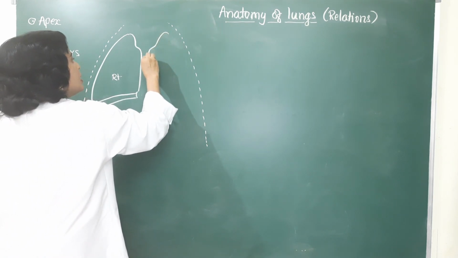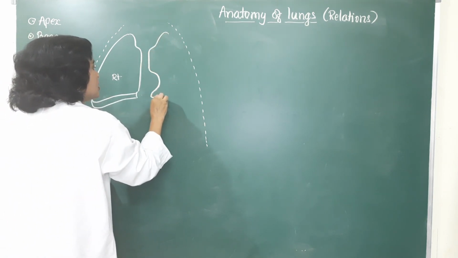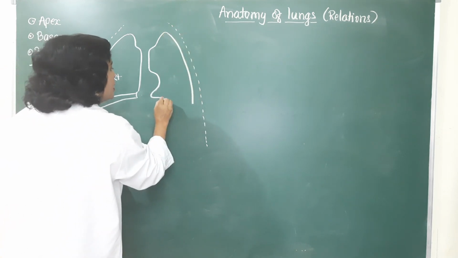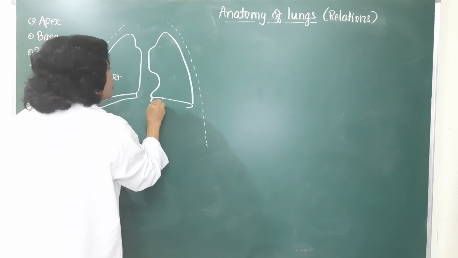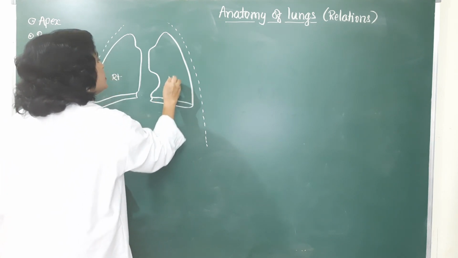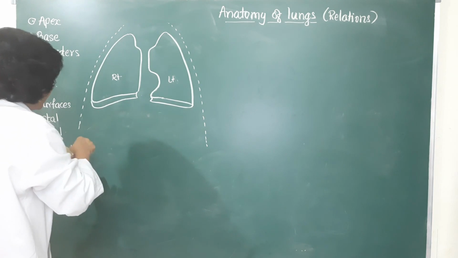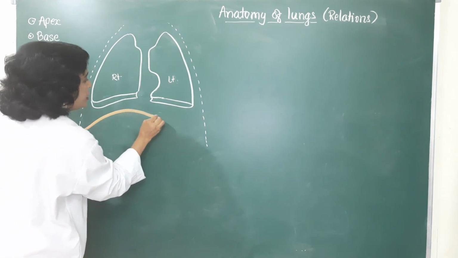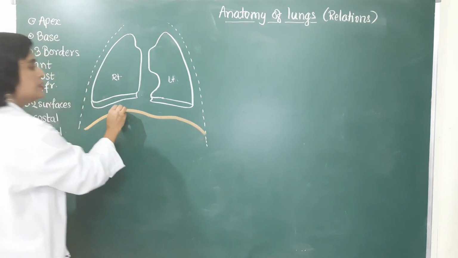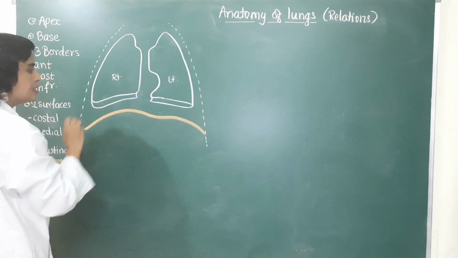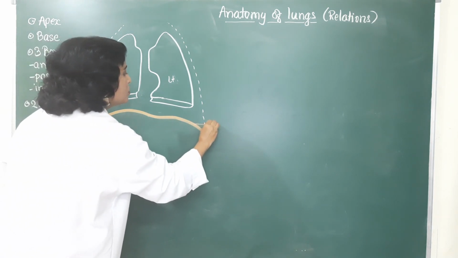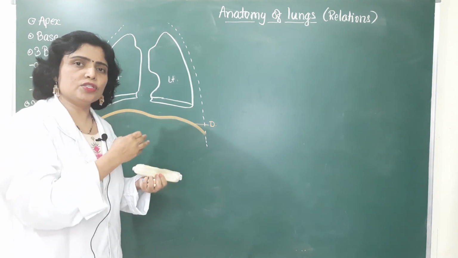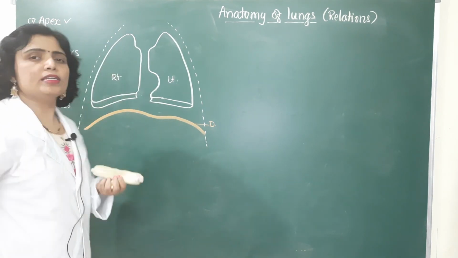If you draw the left lung, it shows the cardiac notch and the lingula, a tongue-shaped projection. And here you get the inferior border. So this is the left lung, and just on this side, in this area, you get the diaphragm. This is the partition between thorax and abdomen. We know this is the thoraco-abdominal diaphragm. Now, first we will see the relations of the apex.